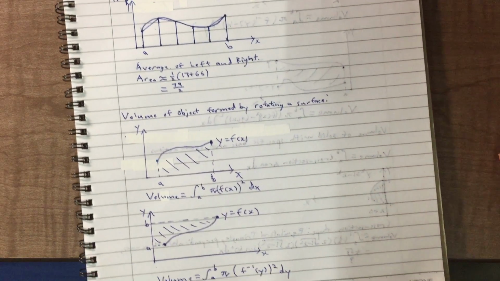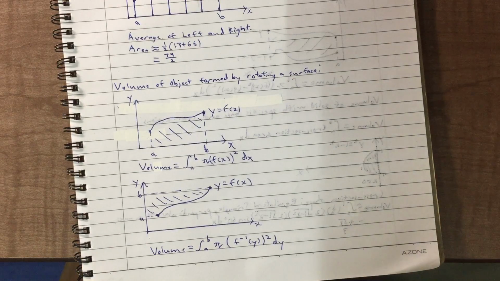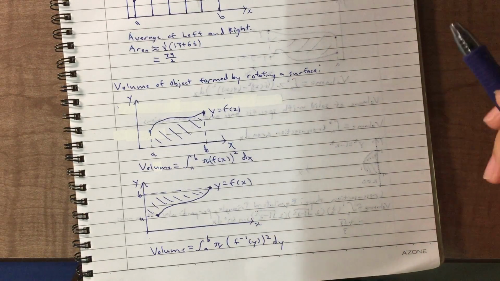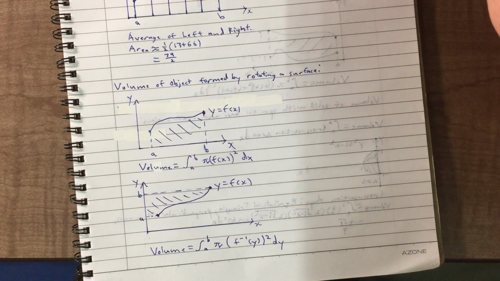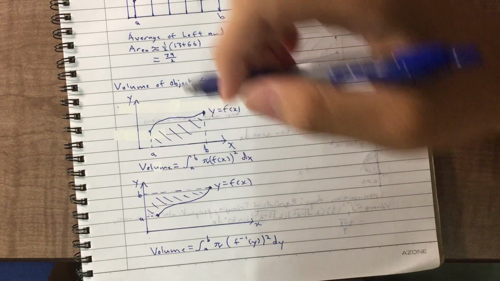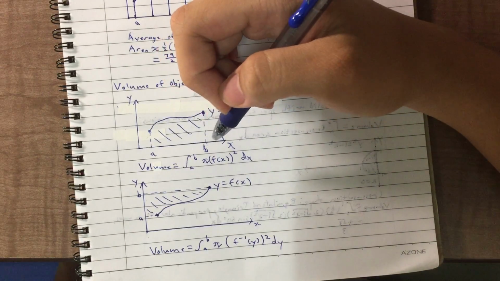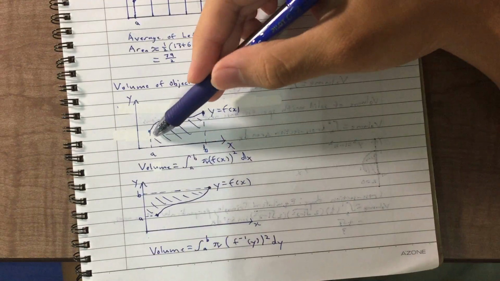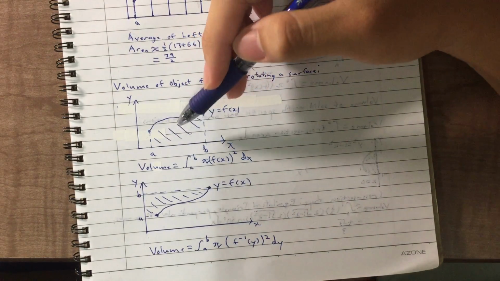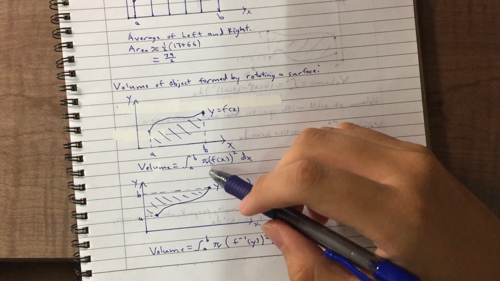So let's move on to the volume of an object formed by rotating a surface. So how does this work? We know that volume is traditionally the integral of area. So what we can do is use our knowledge of definite integrals to find out the area under the graph, and then we know that